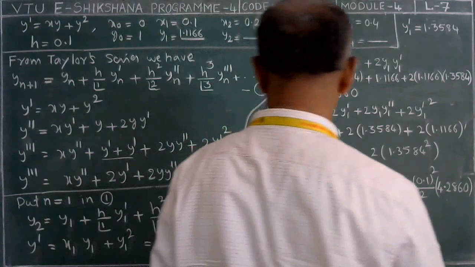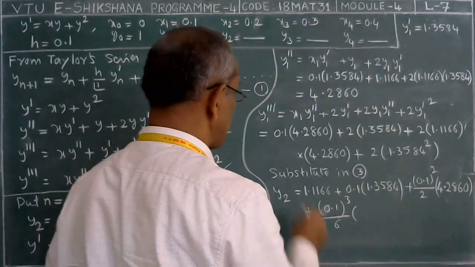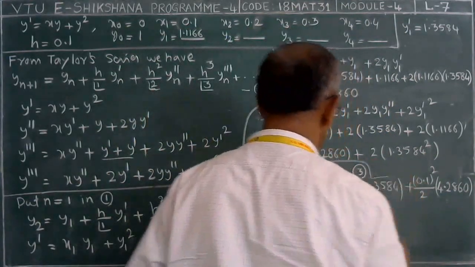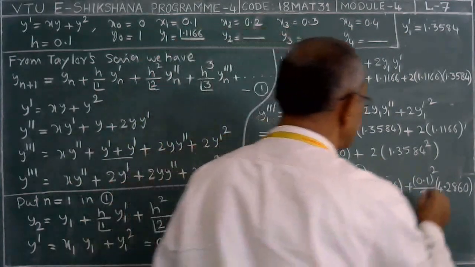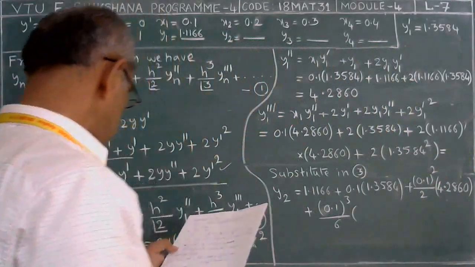Y1 triple dash, okay, the numerical value. So y1 triple dash is this. Okay, I will write here. Carefully calculate. Y1 triple dash is